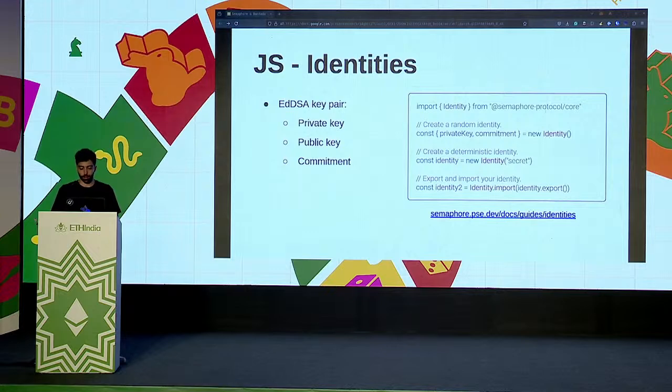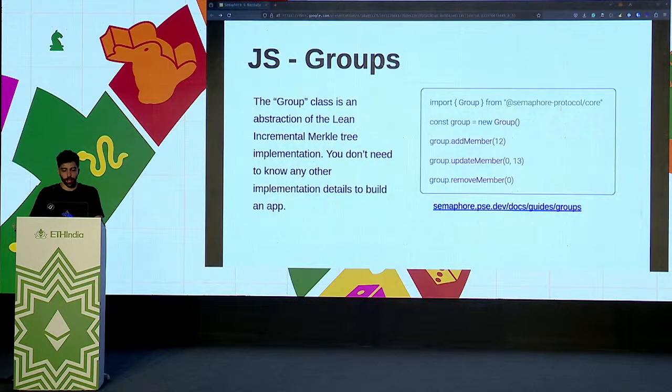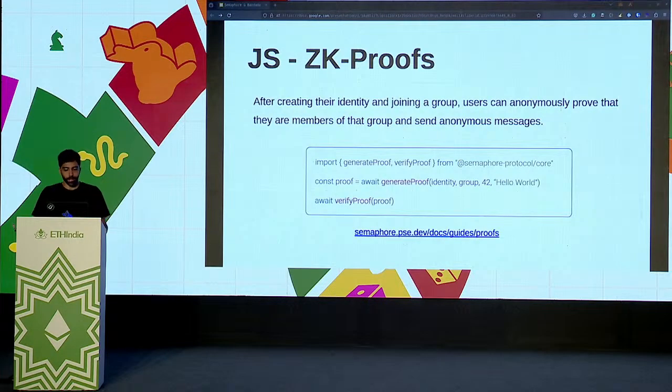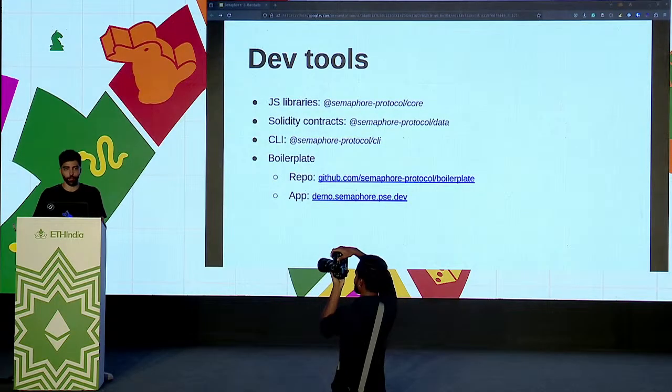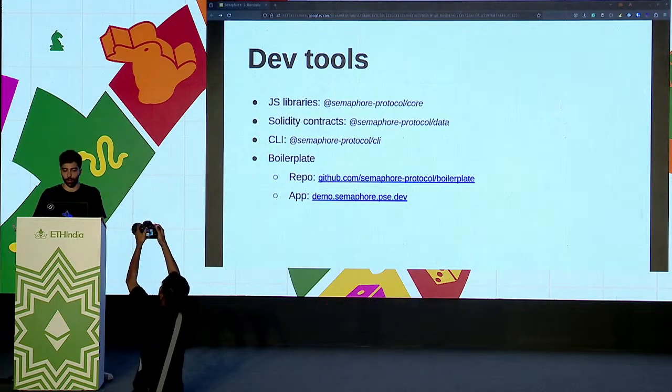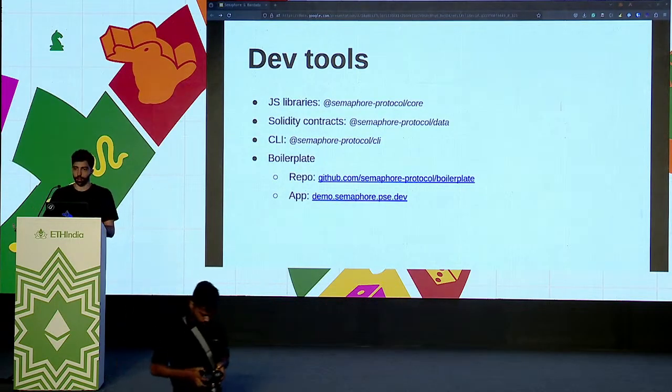We need a commitment and cannot just use the public key, for 2 reasons. Then you can use the verify proof function, which is not valid, true otherwise. These are the other libraries, in case you need to build something more. And the other one is Semaphore. You need to use the Semaphore protocol, and you can use the CLI to build your own project.